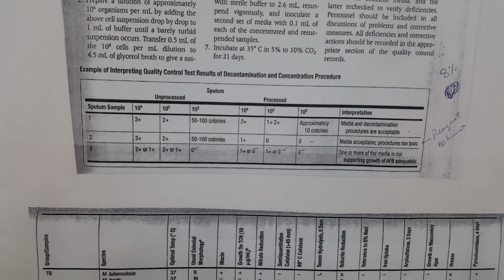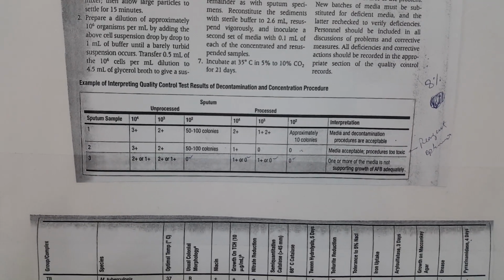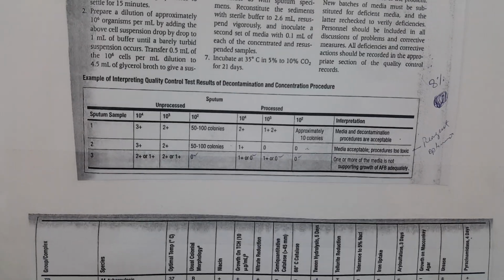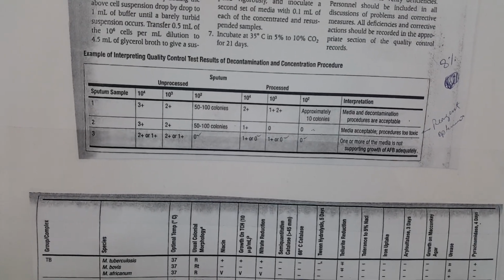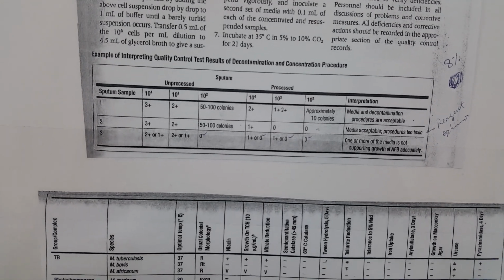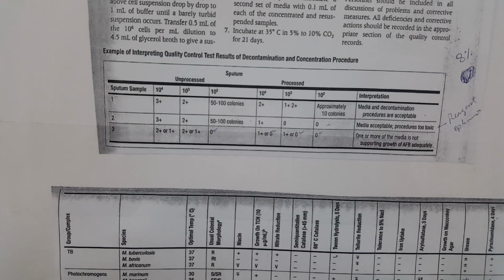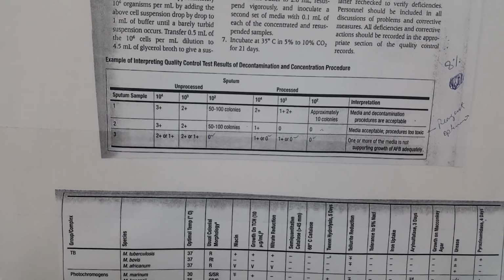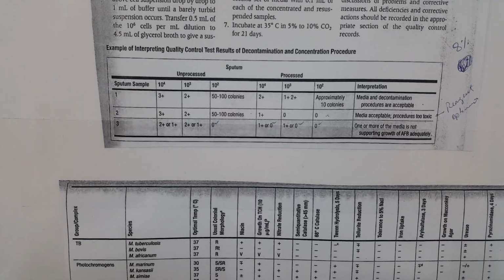medium. If we decontaminate the organism, that is considered processed, and if we do not use the decontamination procedure, that is considered unprocessed. If 10 raised to power 4 is unprocessed, it will give us 3 plus growth, and 10 raised to power 3 will give us 2 plus, and 10 raised to power 2 unprocessed mycobacteria will give us 50 to 100 colonies on the plate. But in the processed, 1 plus will be detected from the 10 raised to power 4; in unprocessed it is 3 plus, and the processed will be 2 plus, and the same in 10 raised to power 3 it is 1 plus, and approximately 10 colonies in 10 raised to power 2 are acceptable for the decontamination